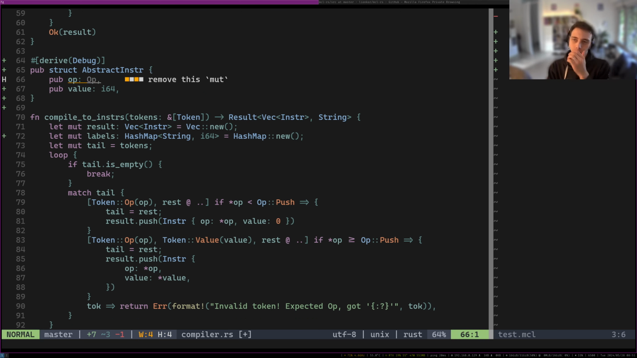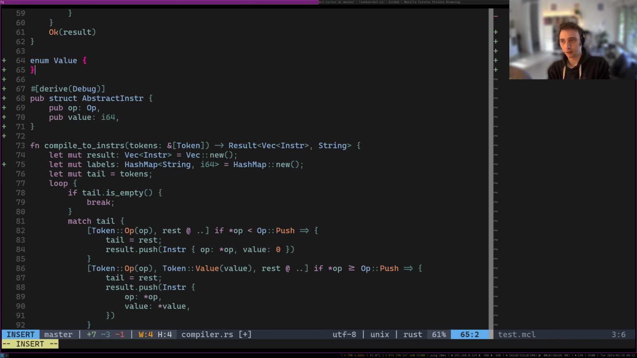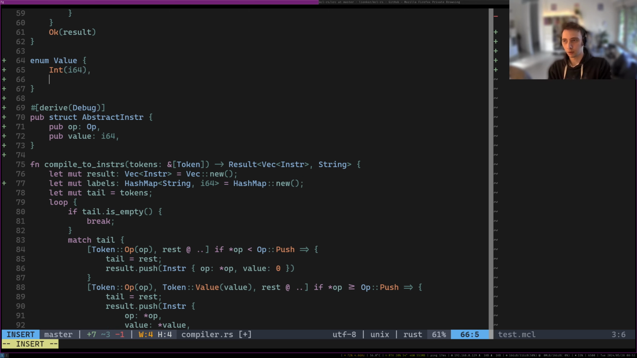How do we do that without it being really ugly, though? Do we say we just have an enum, like another value enum, and we have like int, and then we have one that's not an int? We might need that actually. Let's think about this. So yeah, we might actually need that because we want to support multiple types later, but